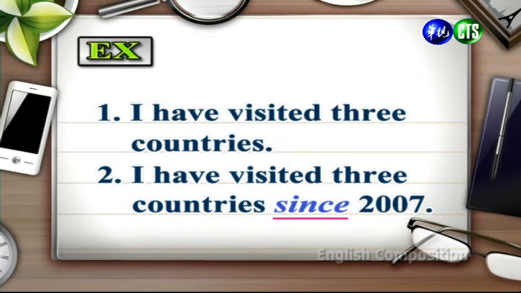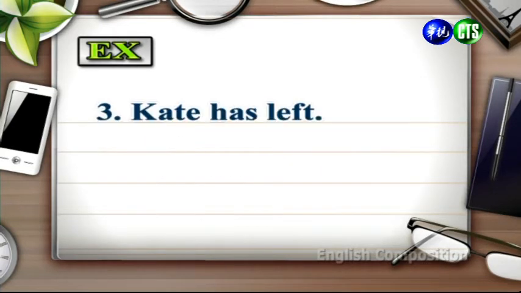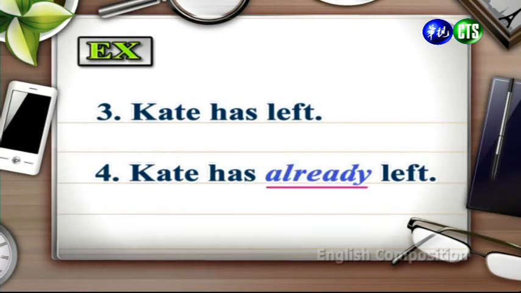我们可以发现，用了 since 之后，动作开始的时间点就非常明确了。接下来：Kate has left. Kate has already left. 这两个句子一样都是完成式，但加上 already 之后，你会发现这个动作比预期中更早发生，这个概念就很清楚了。